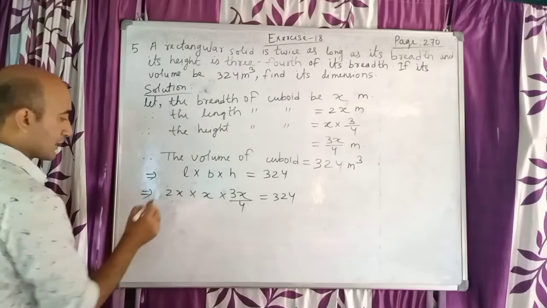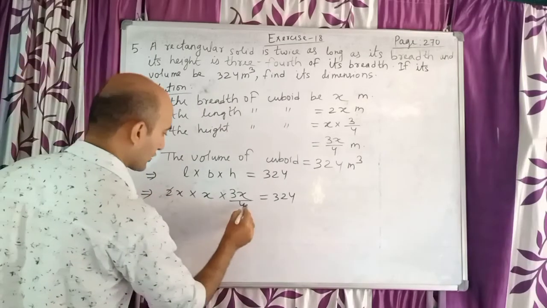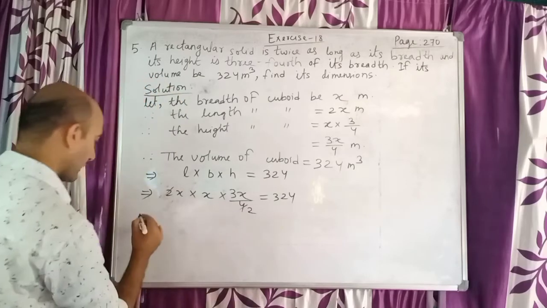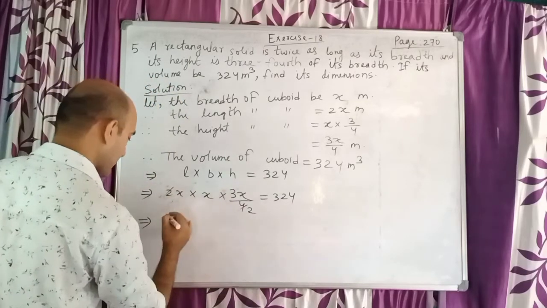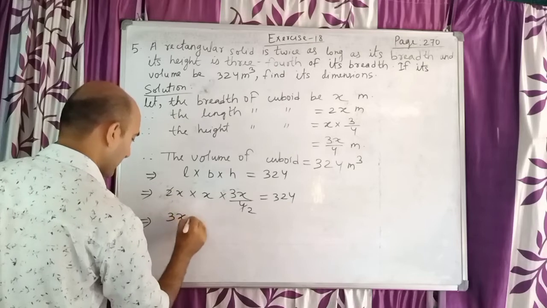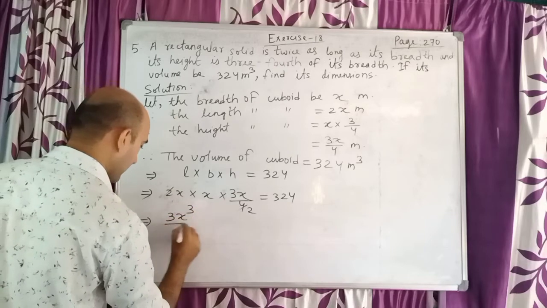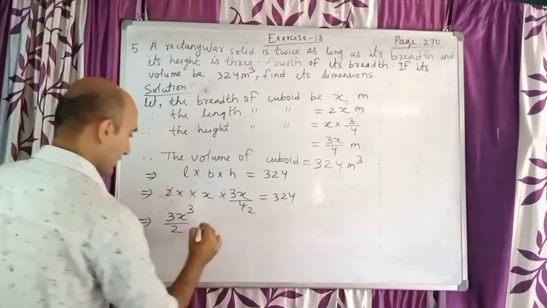Now you can cancel this 2 and this 4, 2 2s are 4, and our result here will be 3x cube by 2 equal to